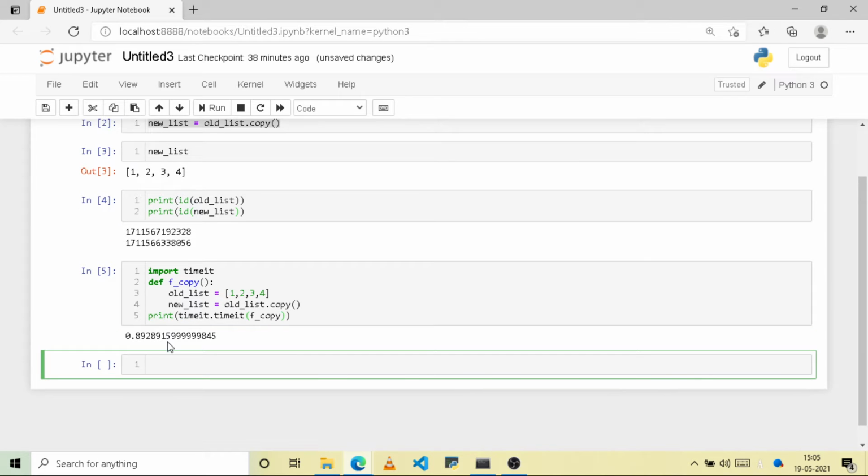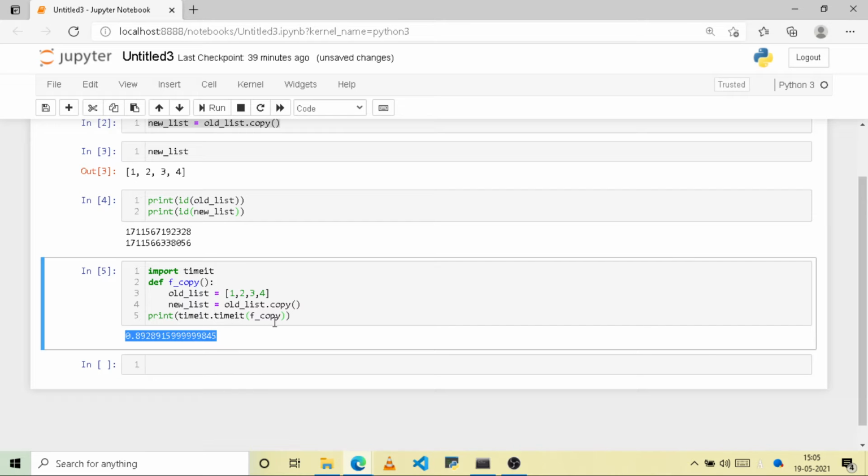As you can see, the list.copy method takes 0.89 seconds to execute. This piece of code repeats itself for 1 million times. So to execute 1 million times, it takes 0.89 seconds.